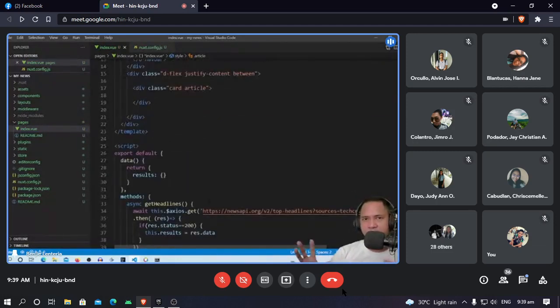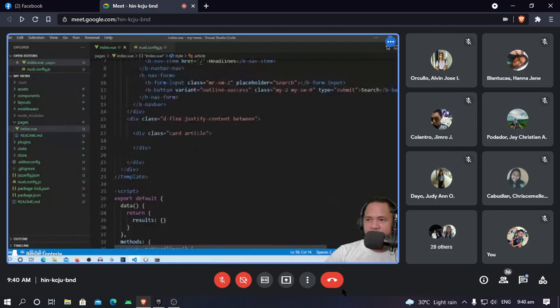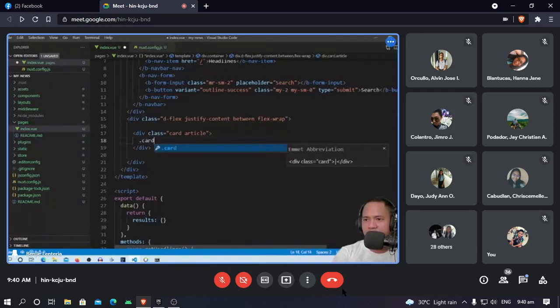So 30%, three cards in one row. Of course, we'll also use flex wrap, but let's add that later below. Okay? So we'll have our card, then next we'll have that card